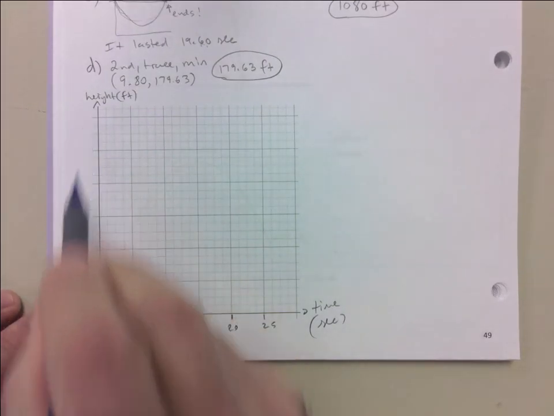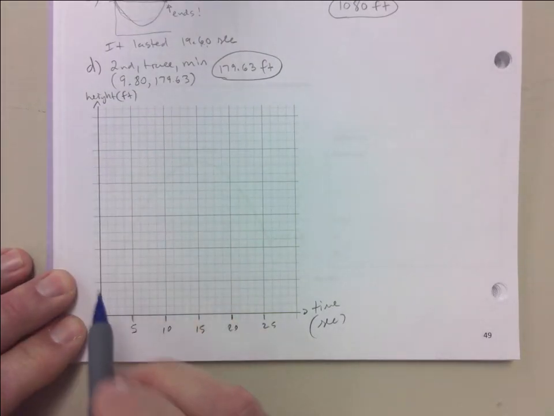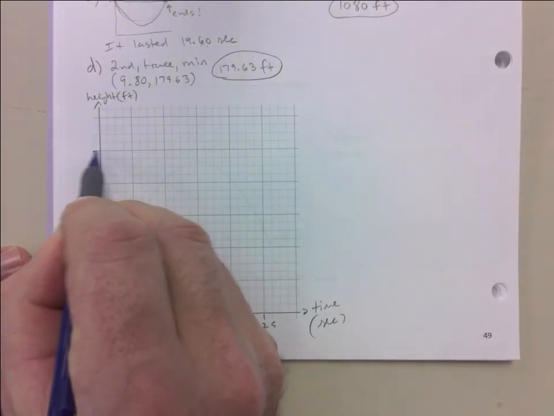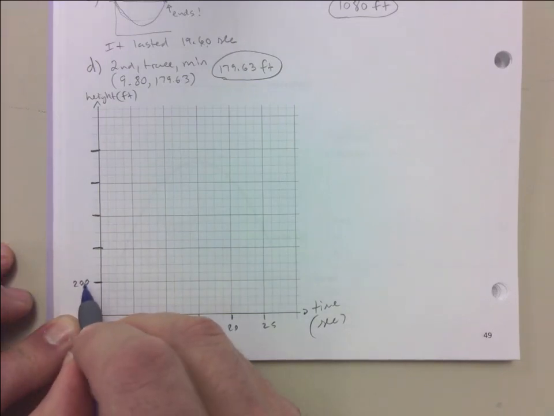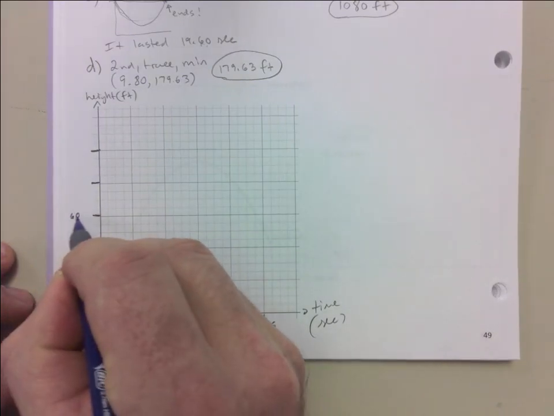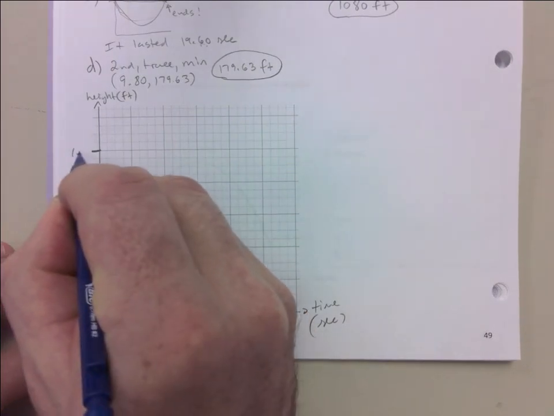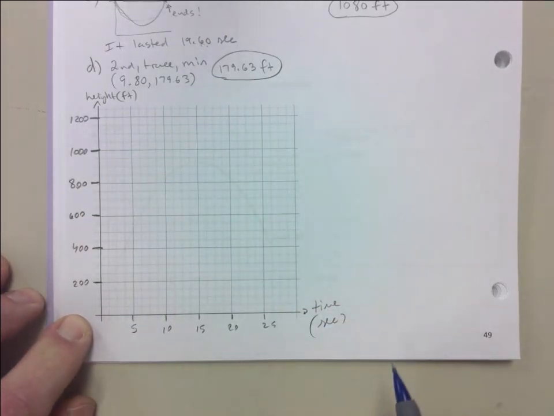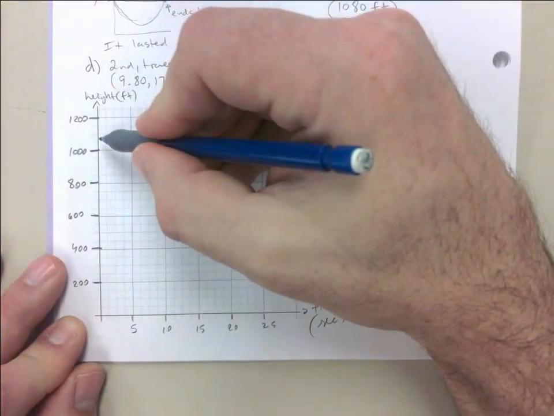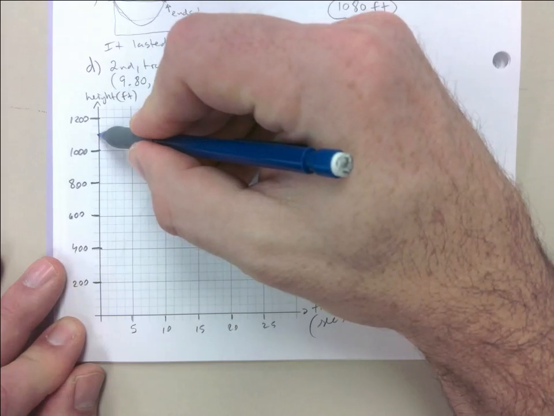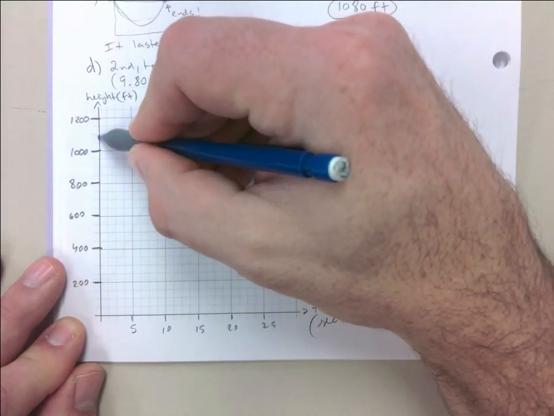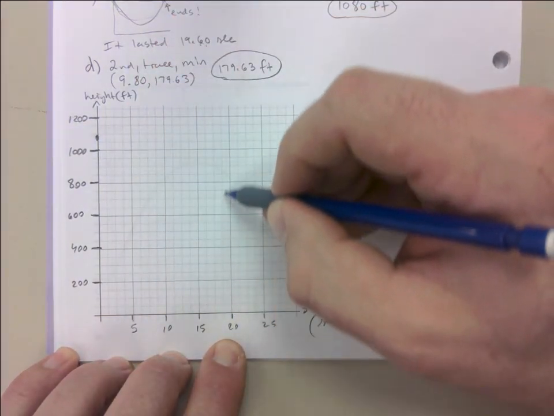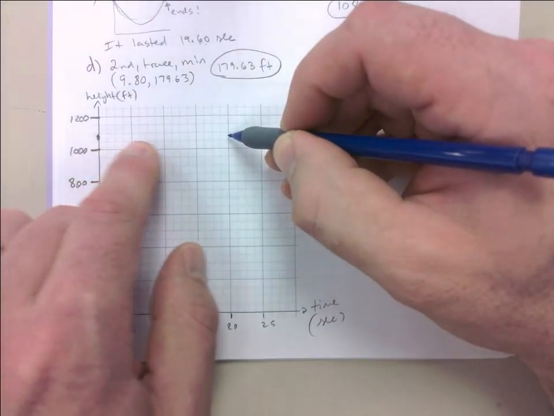And then for the y-axis, I need to go all the way up to 1,080. So let's see how that's going to work. 200, 400, 600, 800, 1,000. This would be 1,200. So I'm going up by 200 there. This is 1,100 right here. So 1,080 is just under. And then at 19.6, I'm going back to 1,080. So I should be at the same height